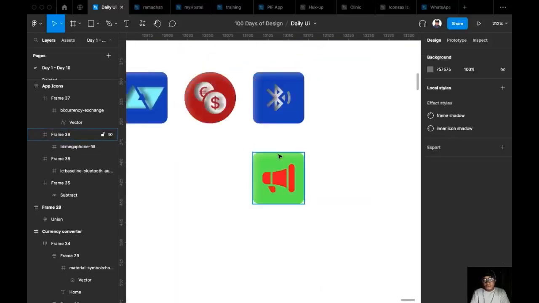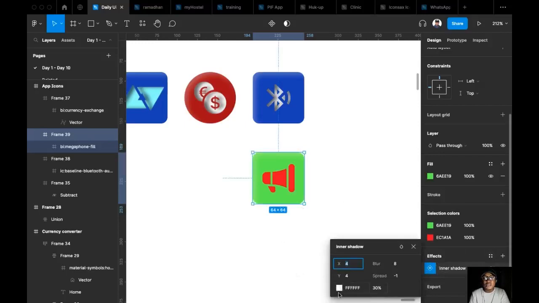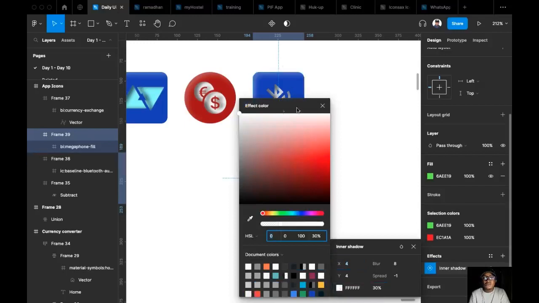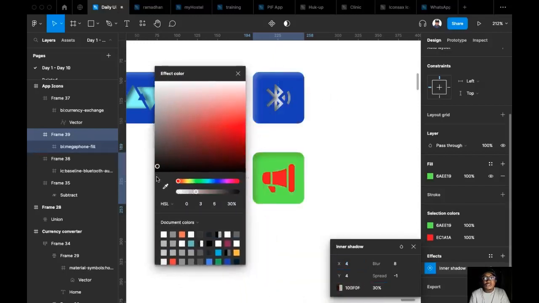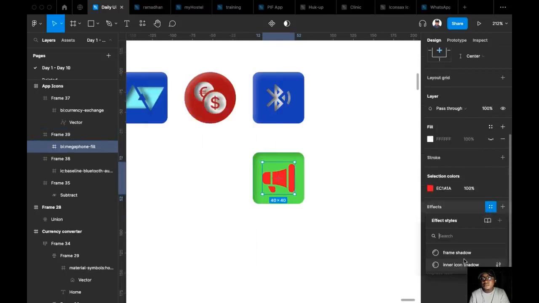And we'll have to change some things here, because this is having shadow already, the inner shadow, but it's not showing. This is because the color we use for the background of the icon is a light color, just like the color of the shadow, which is white. So this is not going to show. Instead of white color, we can change it to some other color like black, and you can see it's coming out already. So this also, we're going to apply the inner icon effect on it, and boom,